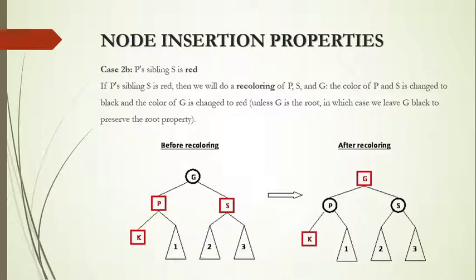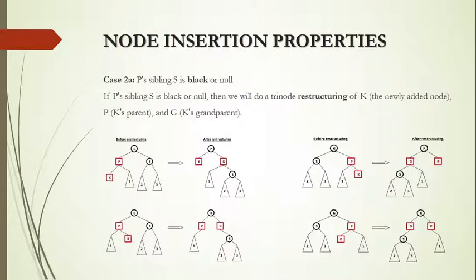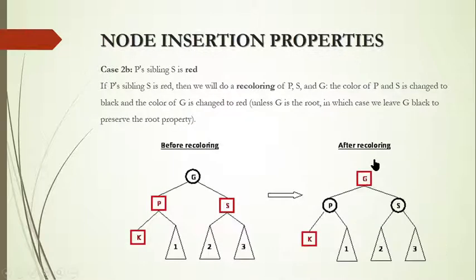So you can easily identify the difference between AVL and red black tree. Here the rotations are very few. Only in one scenario, when we have a parent as red and sibling as black, we go for the single rotation and double rotation. For the other scenarios, we just change the color. Once you change the color, the property is not violated, and we don't need to go for any other rotations. So keeping this property in mind, I'll show you a visualization for red black tree with some examples. You can see live how these rotations happen, how the colors change when we insert a new node.